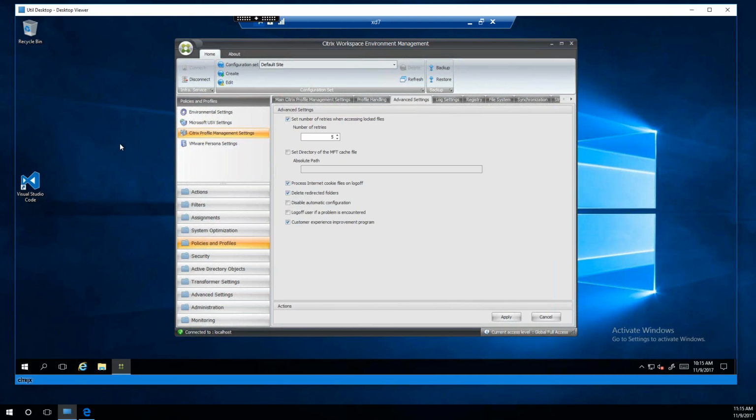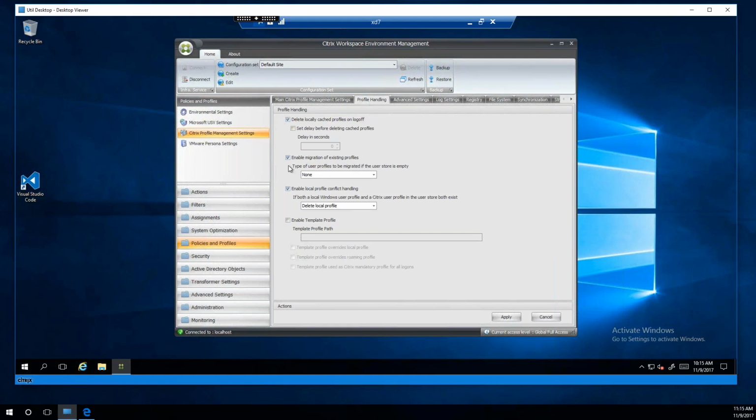If it's an existing profile, you can have UPM migrate an existing profile into a UPM profile, and then that one will migrate over. You can't just go directly from a Windows 7 to a Windows 10 UPM.